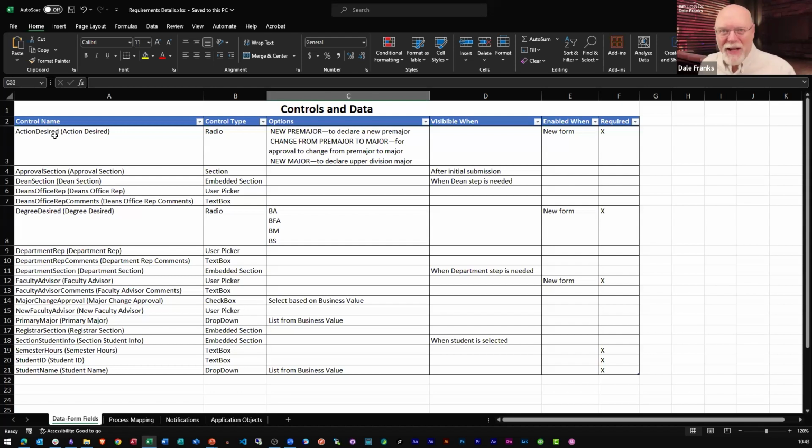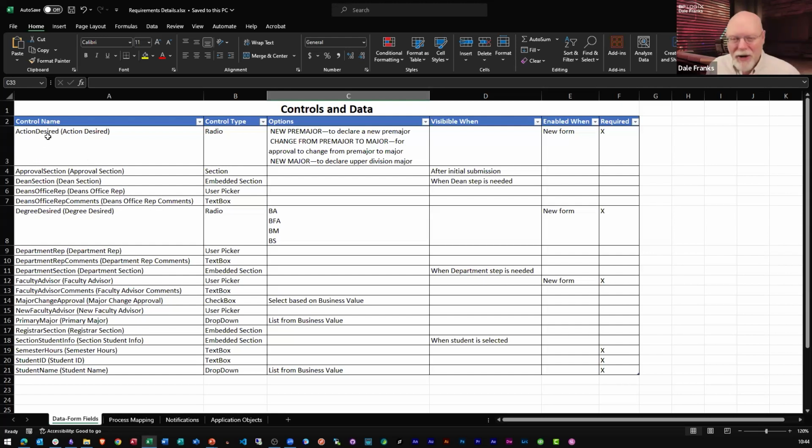I just made it up off the top of my head using some weird sort of naming convention, and it's dumb and I don't like it, and my customer doesn't like it. I'm sorry. I didn't have the time off the top of my head to create something that even partially made sense for the field name. I guess it does. FRM for form, underscore, TXT for text. So it's a text field. So it's on a form. It's a form field. TXT, I know it's a text field or an input field. Underscore ACTDES. Act des. That's the action desired. Don't do that. It just complicates your life way more than you need to.